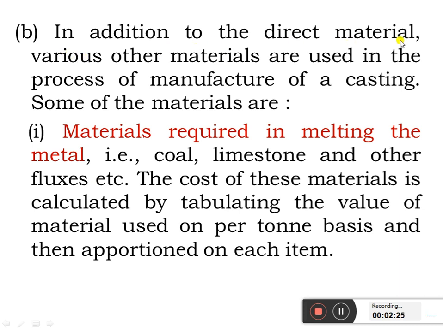So in addition to the direct material, various other materials are used in the process for manufacture of a casting. So material required in melting the metal. So what are all the materials required for melting the metals? That is coal, limestone and other fluxes etc. The cost of these materials is calculated by tabulating the value of material used on a per ton basis and other appropriate basis on each item. So you have to find out what are the materials required for the melting of metals,